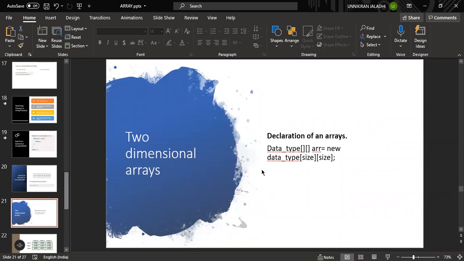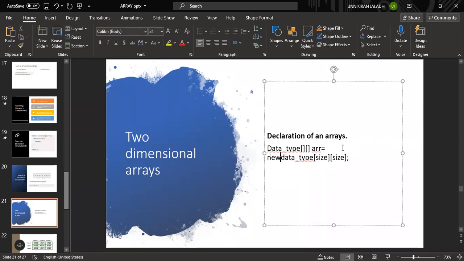Okay. Next, we are going to discuss two-dimensional arrays. Two-dimensional arrays, we'll call them arrays of arrays. This is an array.